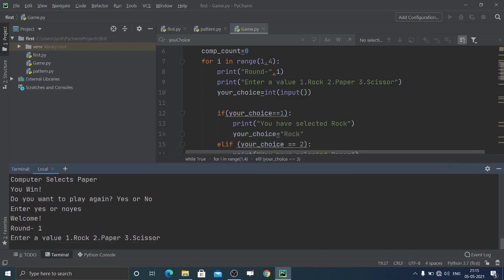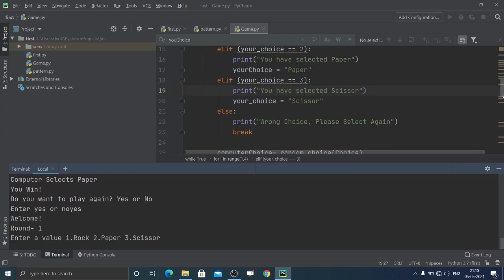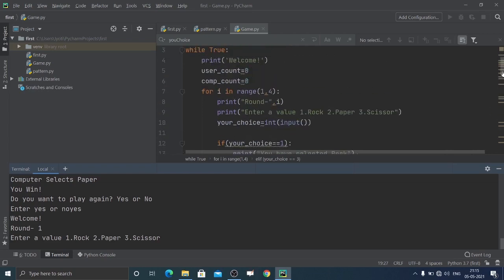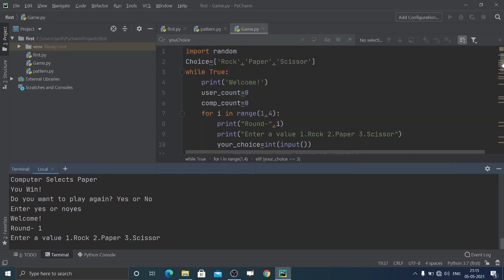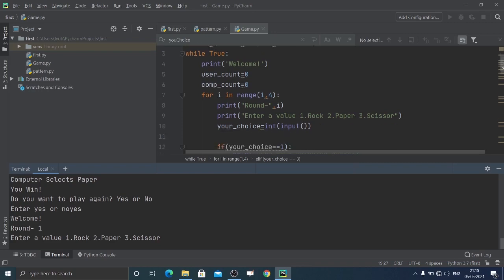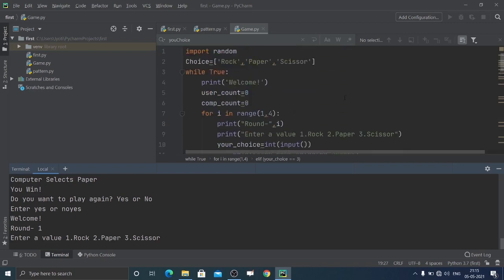I hope now you are clear with this code, and enjoy playing the game with your friends. You can also make a game to play with your friends, for which there will be a server system and you need to connect two systems. But as you are a beginner, go for this basic one, play with the computer and enjoy. Not only enjoy, explore more, think about it, search more, check how two users can play. And yeah, thank you.